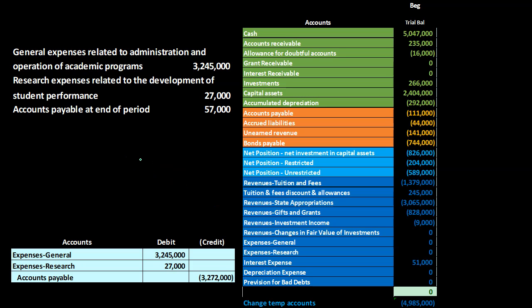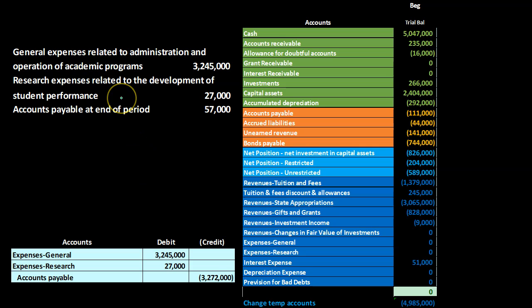First transaction says general expenses related to administration and operating of academic programs is going to be the $3,245,000. We're going to record these transactions as if we're recording all the like transactions in a group, the activity for the entire period, as opposed to recording a bunch of smaller transactions during the period. That'll give us an idea of the types of transactions that are going to be involved, as well as allow us to concentrate on those sections that would be different from a public university to other types of for-profit organizations. So this will simply debit the expense account for the general expenses for the